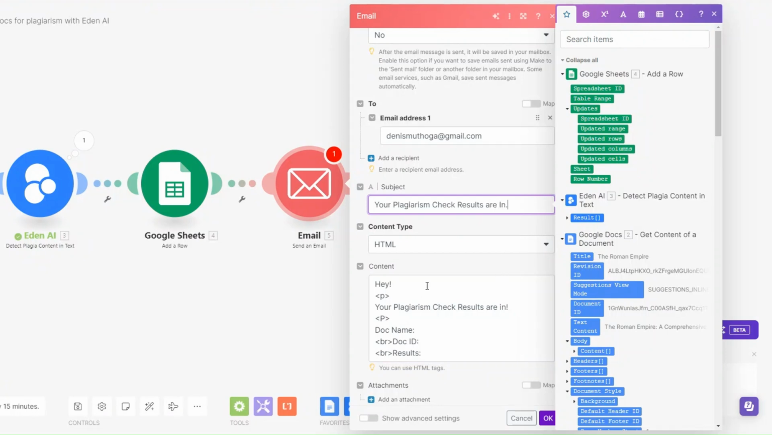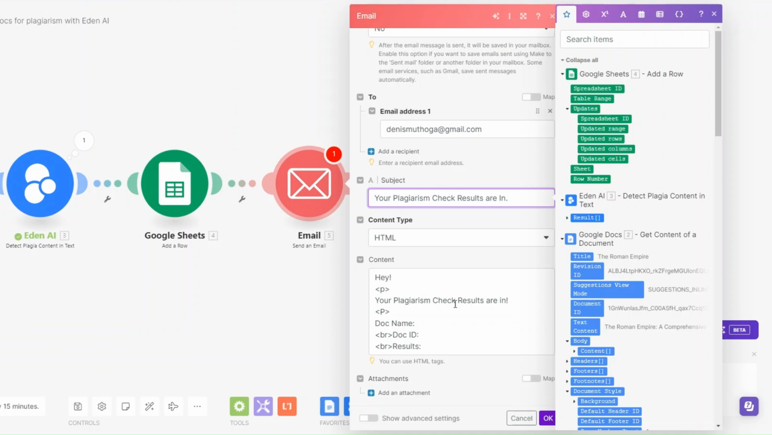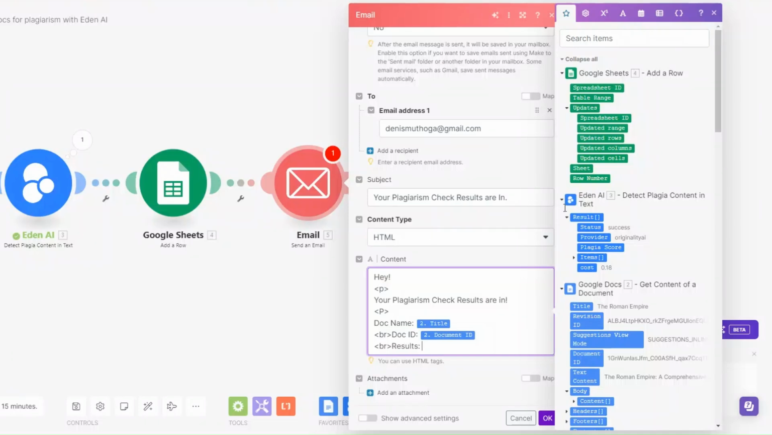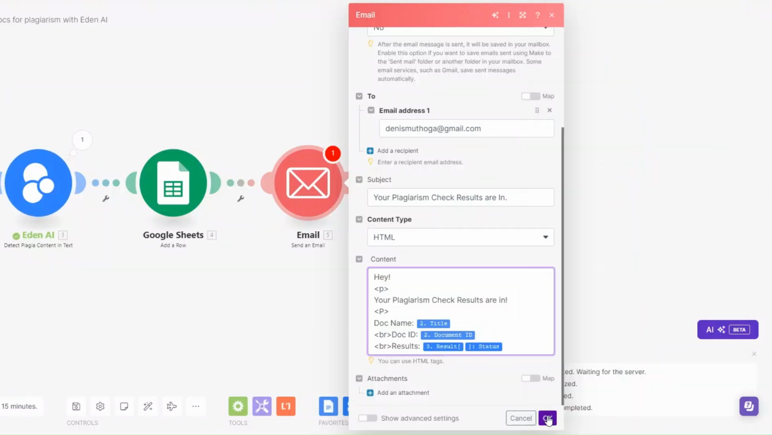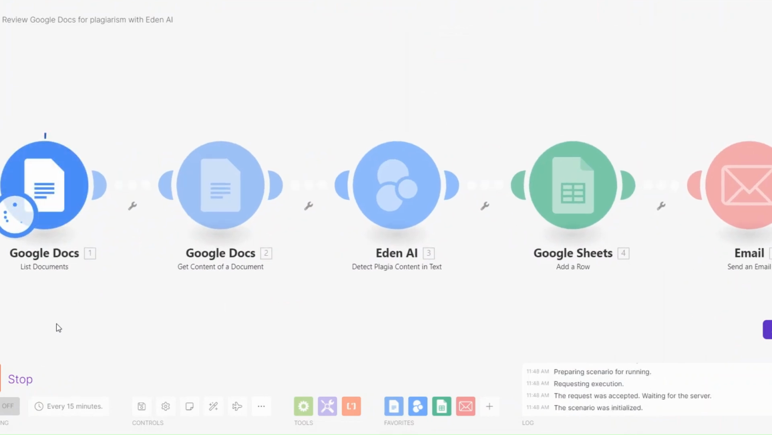And then the content of our email could be, hey, your plagiarism check results are in. And then here we can add our document name. You can add our title. The doc ID, we can add our document ID. And then for the results, you can add the status of the results. Then click on OK. When we run our automation again,